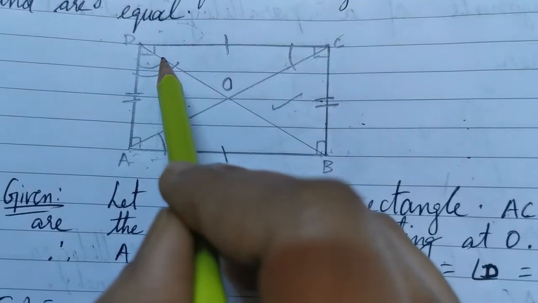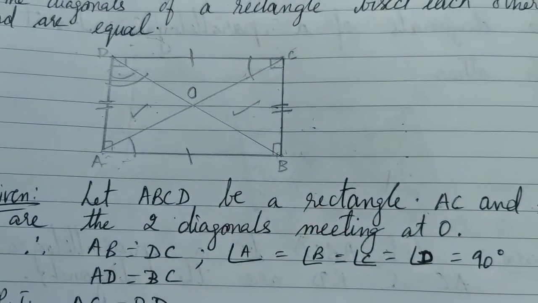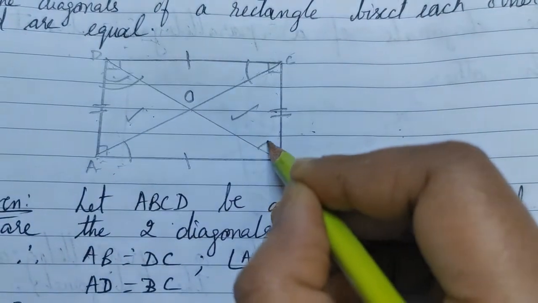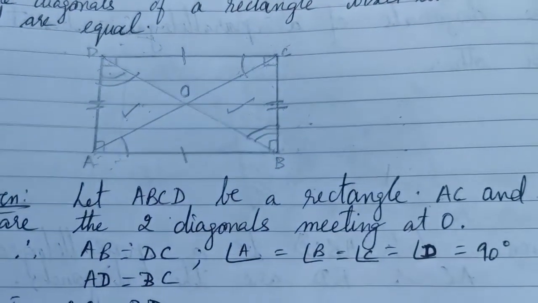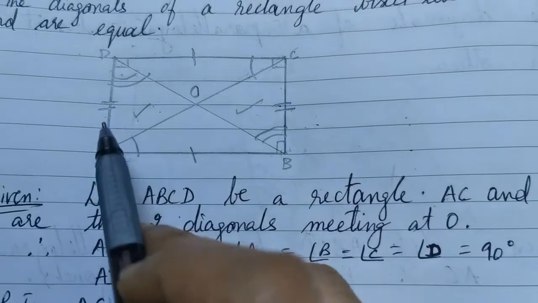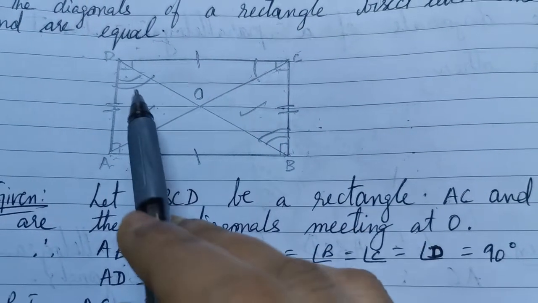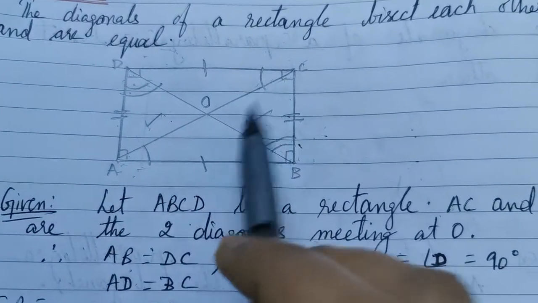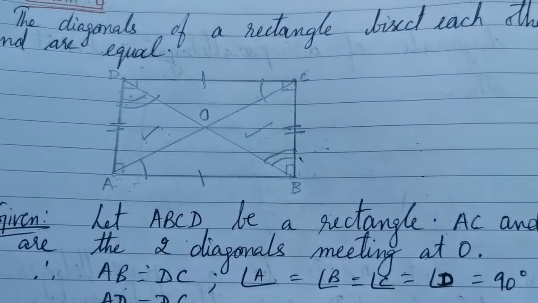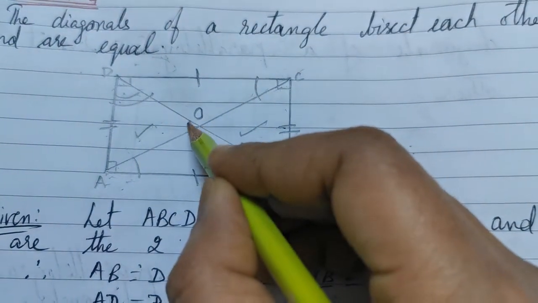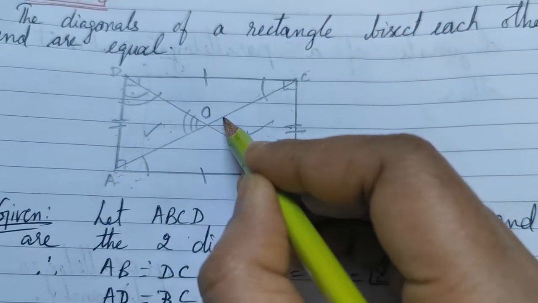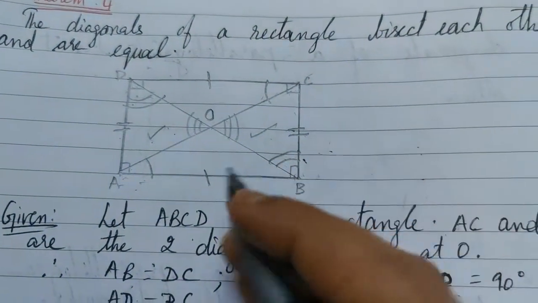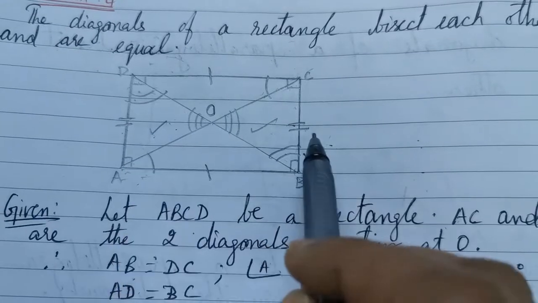So angle ADB is equal to angle DBC. These two angles are the same. So I have one side the same, and this angle the same, and the vertically opposite angles. I have a vertically opposite angle. It's one pair. So let me write down. I already wrote AD is equal to BC.